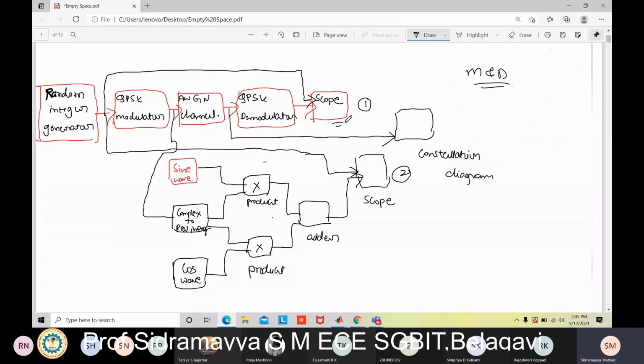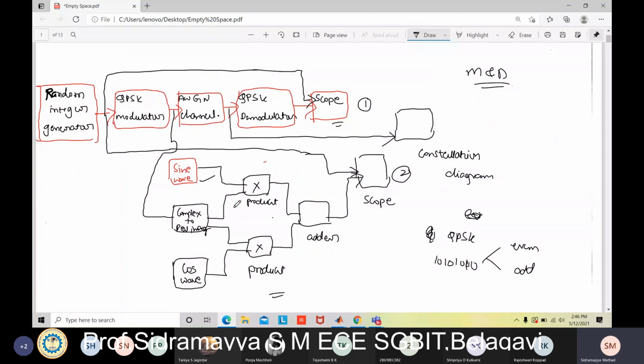Okay, fine. So now come to the point. This is the inside of the circuit. Actually, here there are two carriers, one is a sine wave and the other a cos wave. See the inputs in the QPSK. What happens in the QPSK? Bits are categorized into two parts: even and odd. Even bits are multiplied with the sine wave, and odd bits are multiplied with the cos wave. That's why here one is a sine wave and another one is a cos wave.